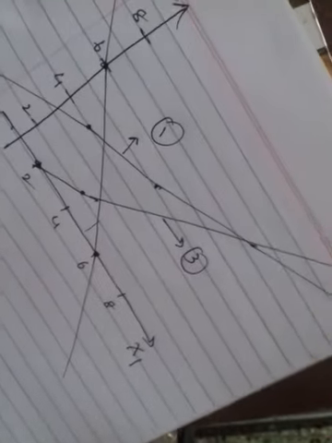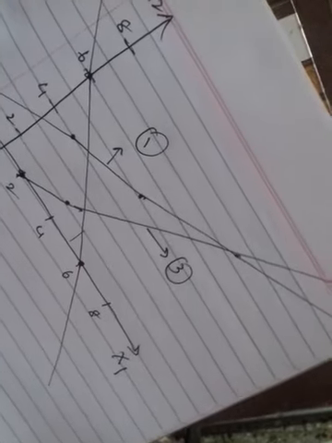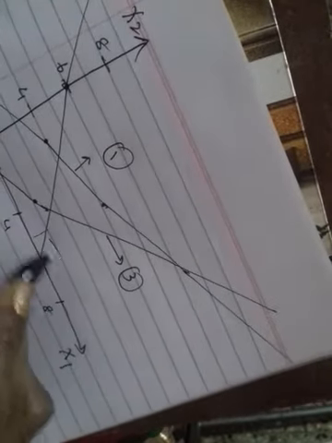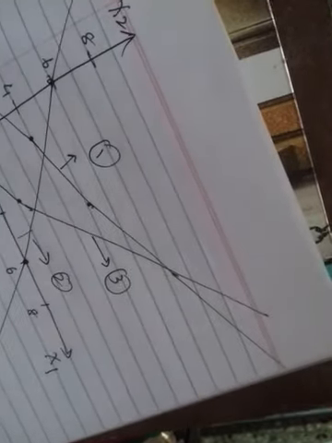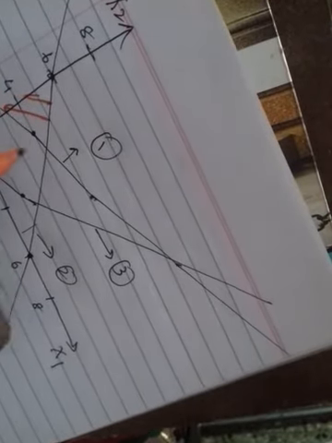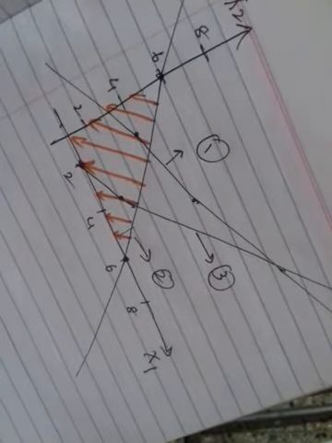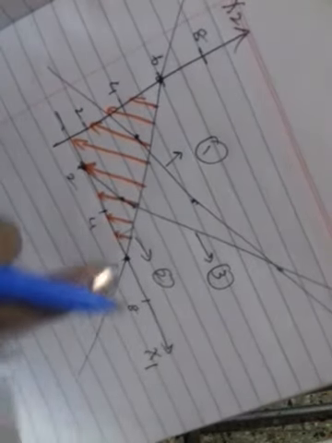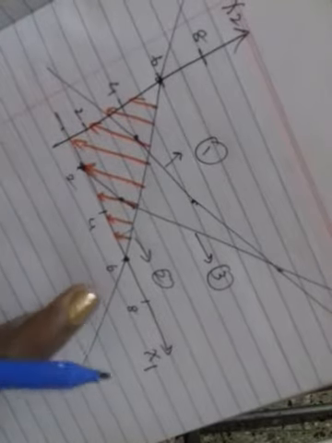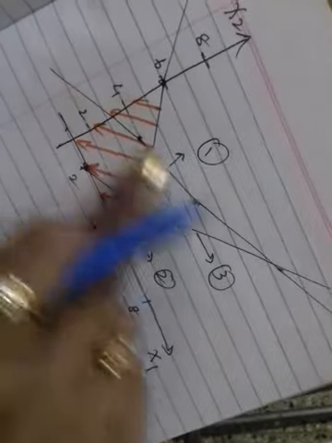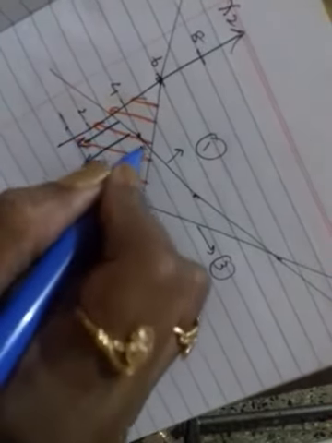The given problem, all are less than or equal to. Okay. So all are less than or equal to, in the sense it's towards 0. This is the first constraint and this is the second constraint and this line is the third constraint. So less than or equal to 0, so towards 0 you have to put lines. And the second equation is this one. So the second equation we have finished. The first equation is this one, no? That is also less than or equal to 0.